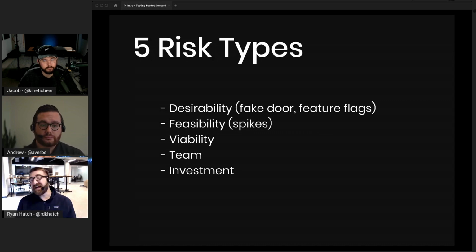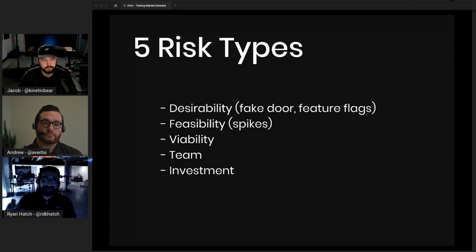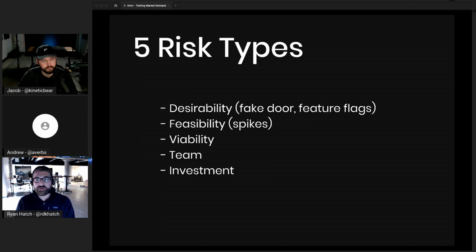So there's different risk types. We're talking about testing market demand, which a lot of times is desirability, and there's a lot of different ways to test for this. Again, it's going to depend on your context. Like Andrew's mentioning, if it's B2C and it's a new product, you can be doing some really cool stuff with new tools that are out there. Stripe, like Andrew mentioned, has done a lot of neat things where you can instantly add a checkout to your existing site,